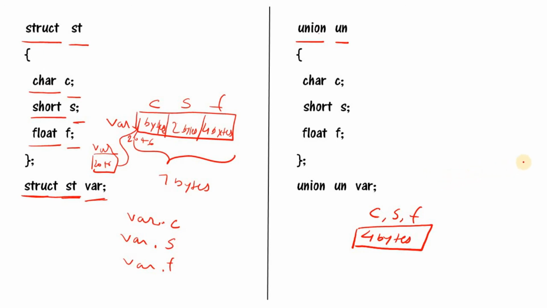All the elements we are declaring inside the union share the same memory location. So at a time we are defining n number of elements, but we can process only one element at a time. Let's see one example, then you will get more clarity. We'll see one example to understand easily how union executes.